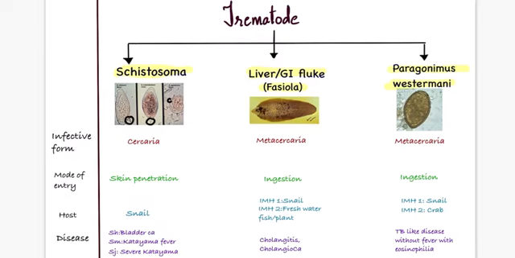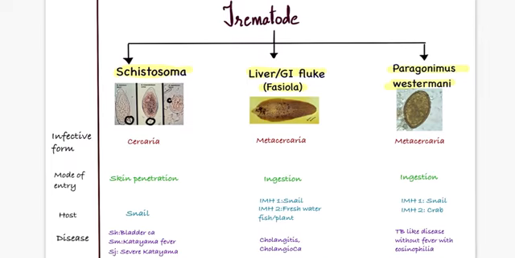Before discussing the infective forms of trematodes, we will revise the infective forms of the parasites we learned in the previous video. The infective form of Entamoeba histolytica is the quadrinucleate cyst, and of Naegleria fowleri and Acanthamoeba is the trophozoite. Of Balantidium coli it is the binucleate cyst. In Mastigophora, the infective form of Trypanosoma cruzi and brucei was the metacyclic trypomastigote, but of Leishmania it was the promastigote. Of Cyclospora, Isospora, Cryptosporidium, and Toxoplasma it was the sporulated cyst, but of Plasmodium and Babesia it was sporozoites.